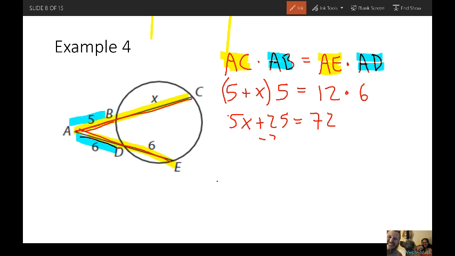Go ahead and use the subtraction property. And now you're going to have 5x equaling,